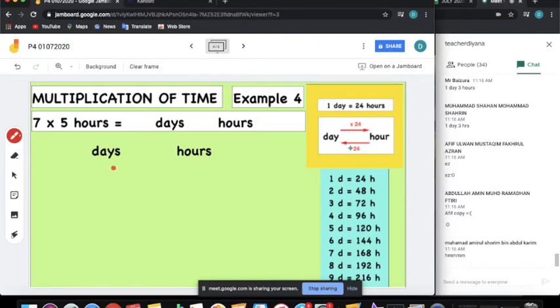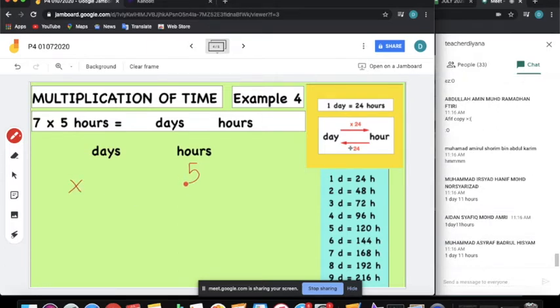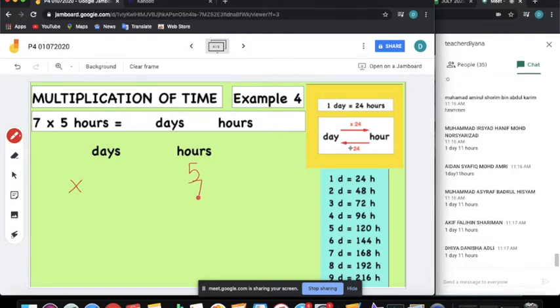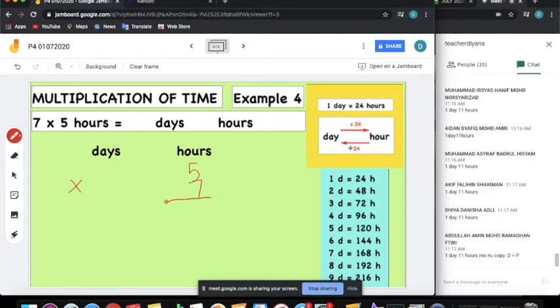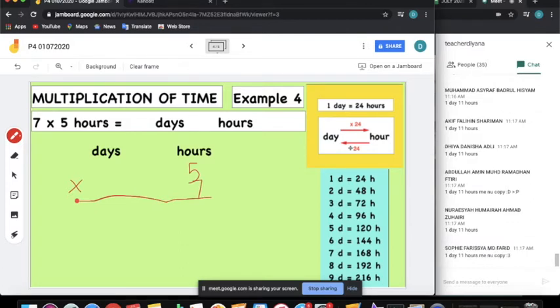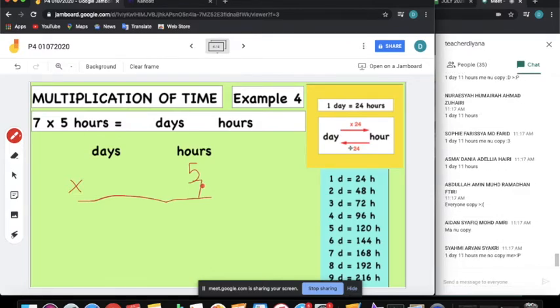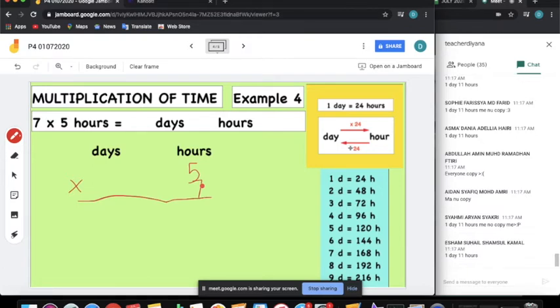Arrange properly. Okay, teacher, 7 times 5 hours. So I put 5 hours here because this is hours, teacher. Then I need to times with 7. Okay, your friend answered 1 day 11 hours. Ashraf, Aida, Nishat. The rest? Akif, Ali, Hindia, Danisha. Okay, Aisyah, Umaira, Sophie. Okay, so Asma also the same. Okay, teacher trusts you, if you say you did not copy.